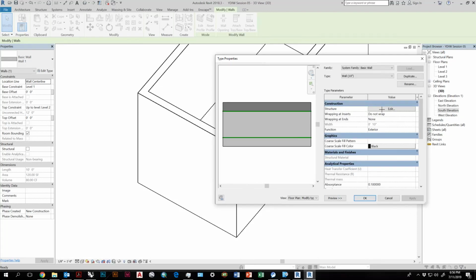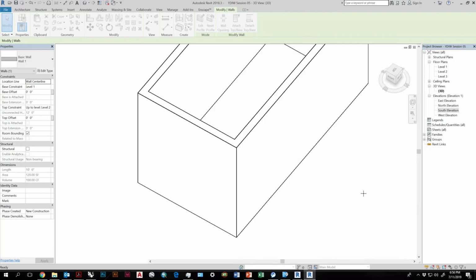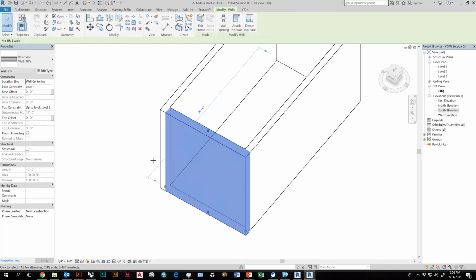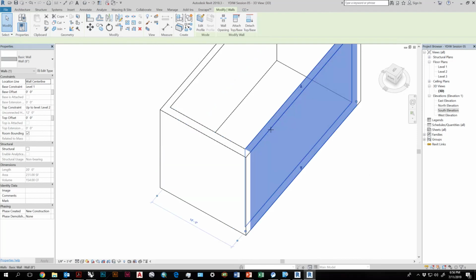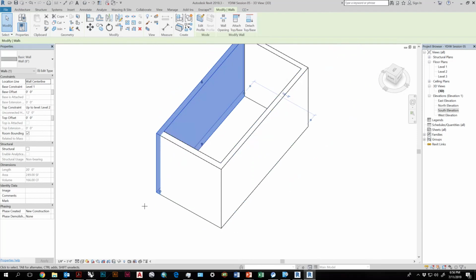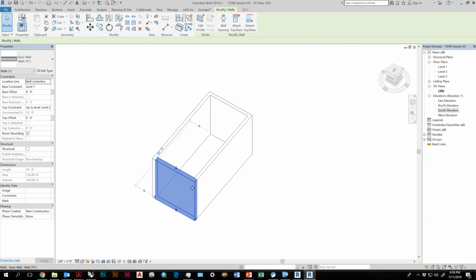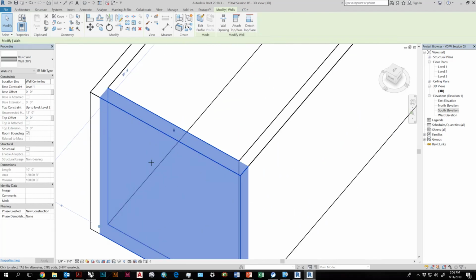Hit OK. And now wall 10 inches has those characteristics that I've modified. And again, all of those characteristics and the data that's embedded in this wall is extractable. Right? So if you wanted to know how much membrane you had in your building, Revit knows that, and that can be placed into a schedule. So there's my new wall. All the other walls are still set to 8 inches, the basic 8-inch wall. But this 10-inch wall has been modified.